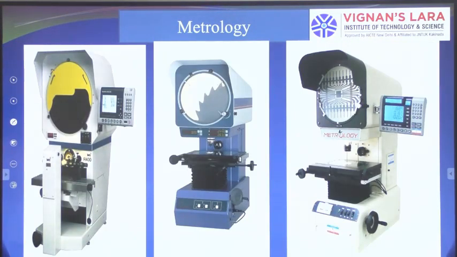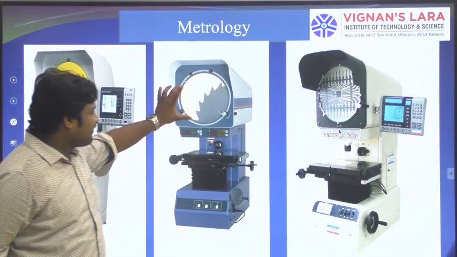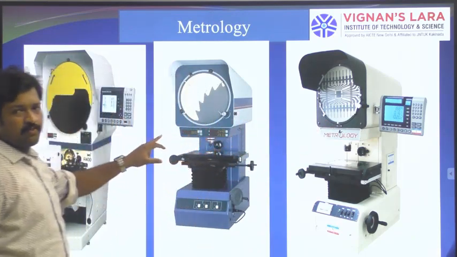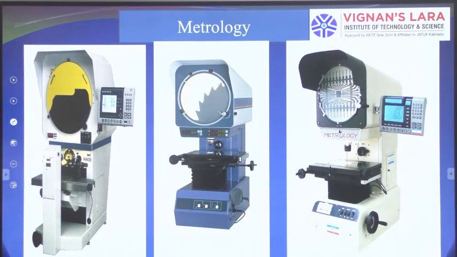These are the various schematics of our optical projectors. If you observe the screen, we can identify the shape of the component. This can be used for electronics as well as mechanical equipment, and for measuring various instruments and components. Here the profile is irregular. Though it is irregular, by means of this optical projector we can compare the dimension with an existing component, or we can measure the dimensions from one location to other locations.